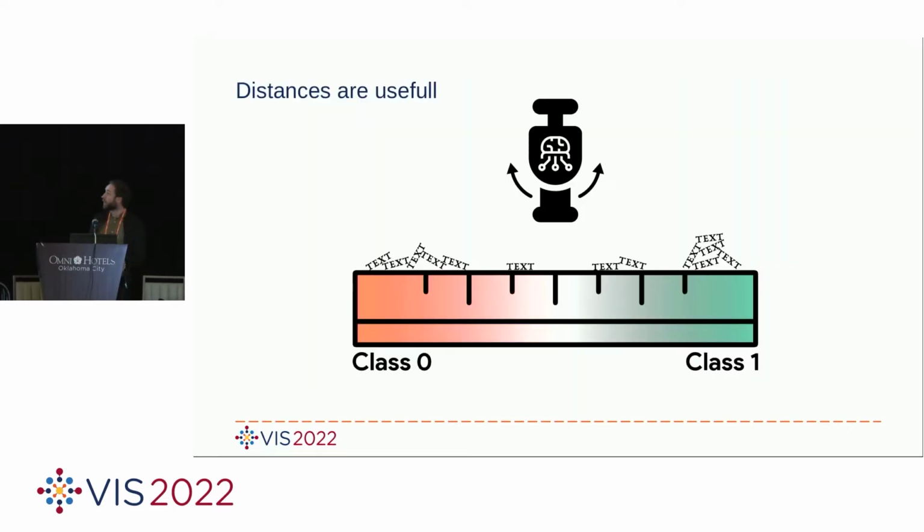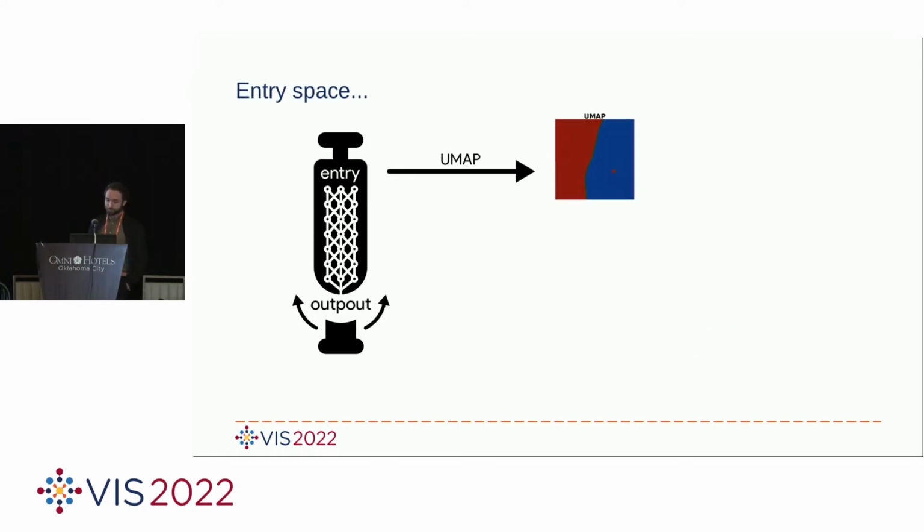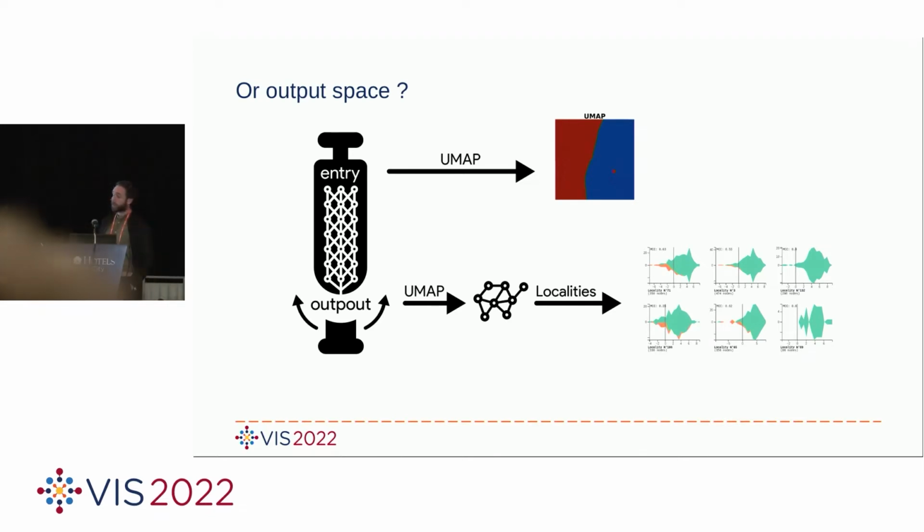Why do we need to have faithful distances? In practice, for a binary classification task, the neural network classifier predicts a value between 0 and 1 thanks to the sigmoid function. Thus, the distances between the data elements and the decision boundary are information about the uncertainty of the neural network concerning its predictions. As I said before, UMAP proposed a satisfying solution from the data entry space. Nevertheless, the representation space built by the neural network is more interesting because it disentangles the data.